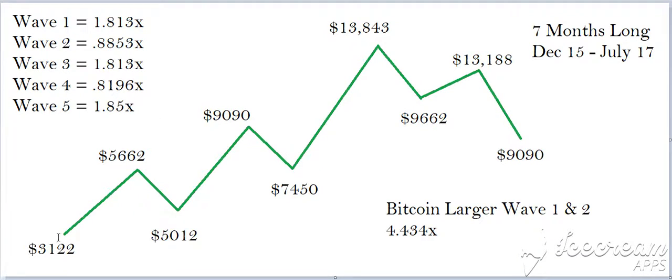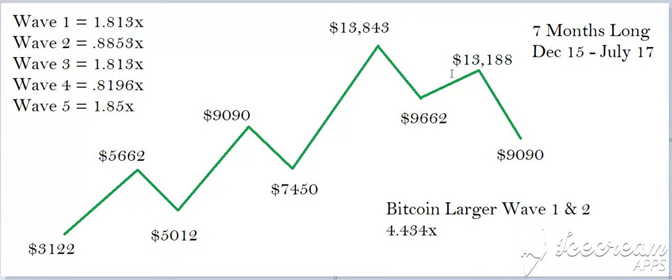And so far, we had our low of 31.22 that happened sometime on December 15th. Also, it could have been the 14th, but it was around that time frame. And then our ultimate high of 13.843. This actually happened on June 26th. And then our ABC correction, that's this date right here, July 17th. So this is almost 7 months long,